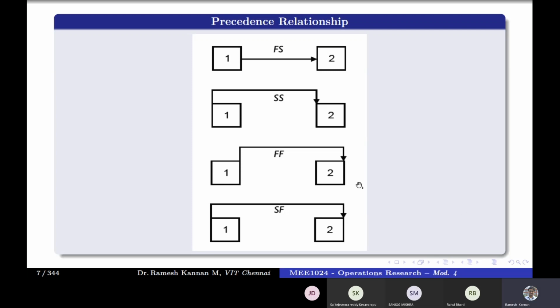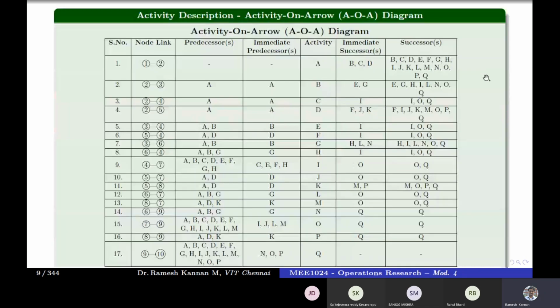And I'm just gonna go to the construction of the project network diagram. We will construct a project network diagram using the activity on arrow method, or activity on arrow diagram. First we will take a look at the overall picture of the network diagram in a tabular form. This is the overall picture of the network diagram that we are about to construct now.